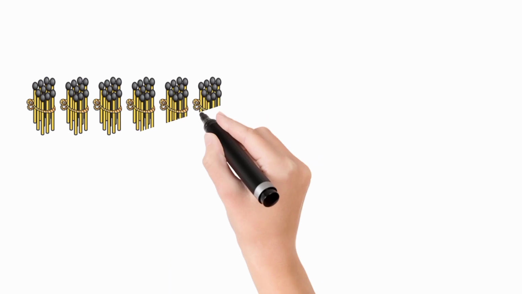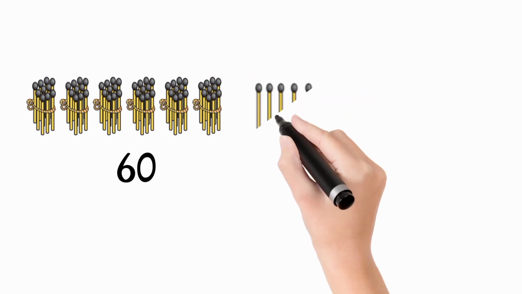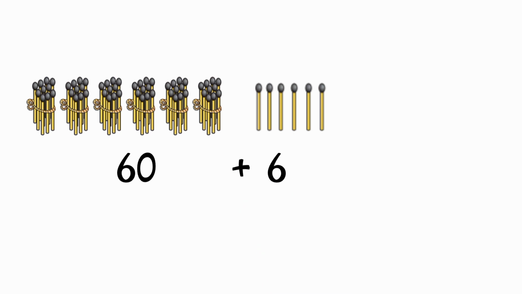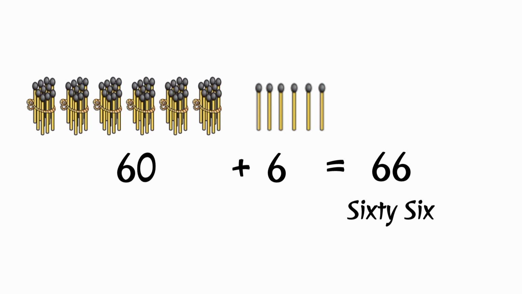Here we have 6 bundles means 60 and 6 loose matchsticks. So 60 plus 6 is equal to 66. 6 tens and 6 ones, 66. इसे 66 कहते हैं।